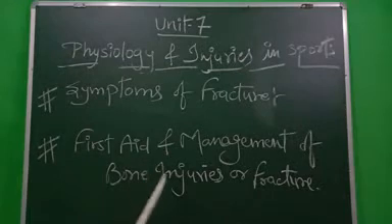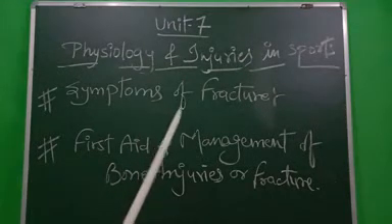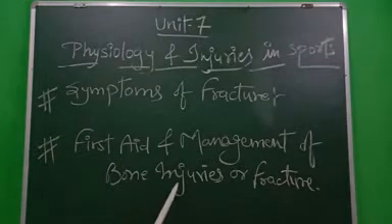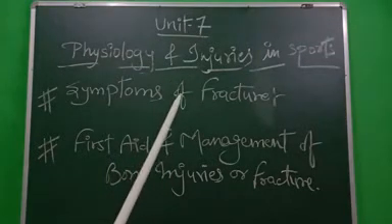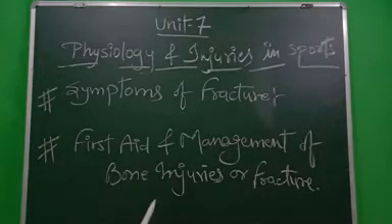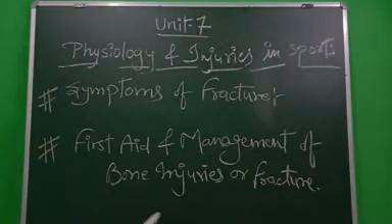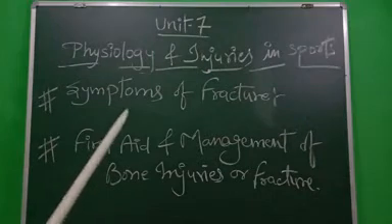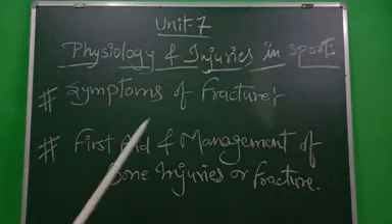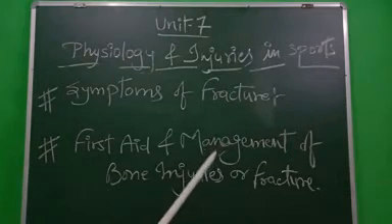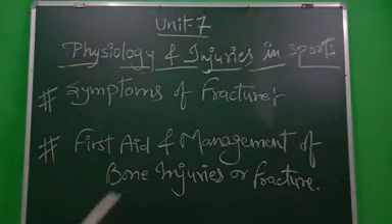And then, after full treatment of the dislocated joint or bone fracture, follow progressive rehabilitation exercises or physiotherapy to regain the strength of the joint or bone under the observation of the expert. So through physiotherapy exercises, we have to regain the strength of the affected part of the victim. So through first aid and through these methods, we can manage these bone injuries or fractures easily. Thank you.